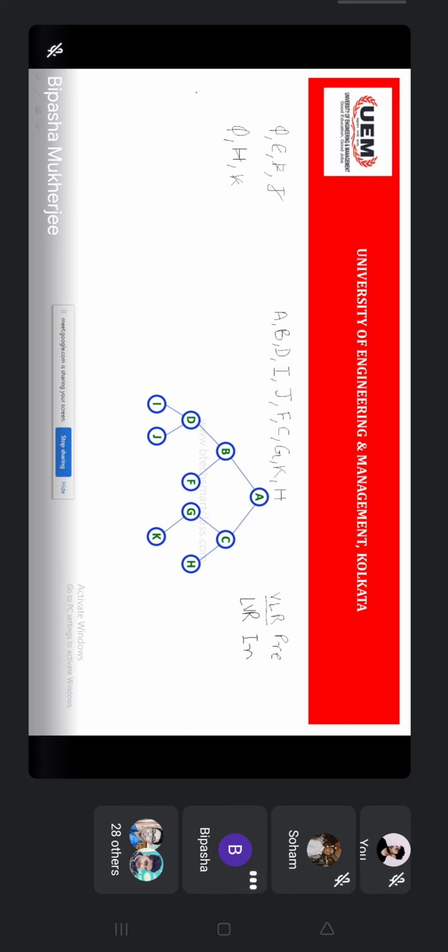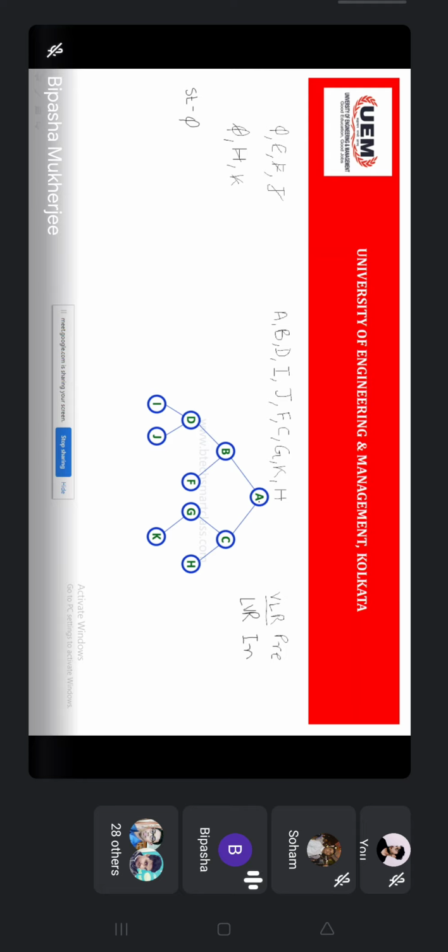Okay, so again in the stack, what you will do: push the null, meaning the whole process will be done till you are popping out the null. With this idea, what do you need to do?